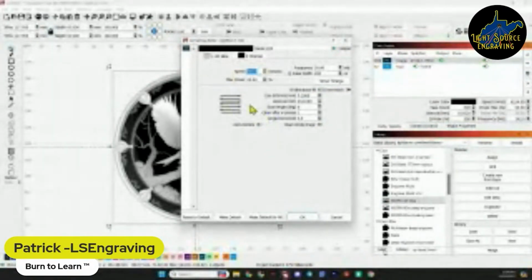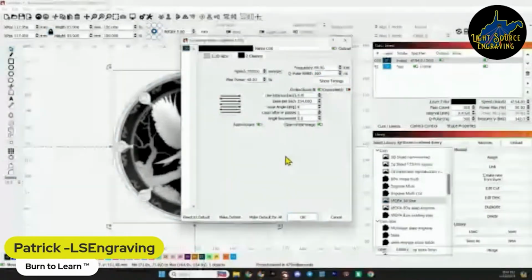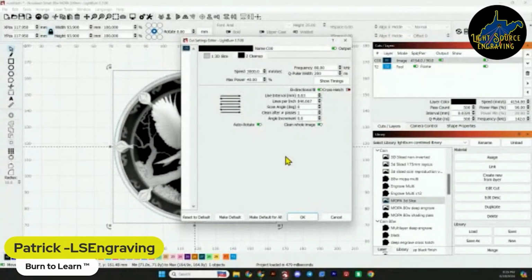I'm going to run my usual cleaning pass, speed of 3000, power of 40, frequency of 80, Q pulse, I'm going to leave that at 200. My interval is going to be the same for my 200 lens, 0.032. Angle doesn't really matter. Start at 22. We're going to clean it probably after,